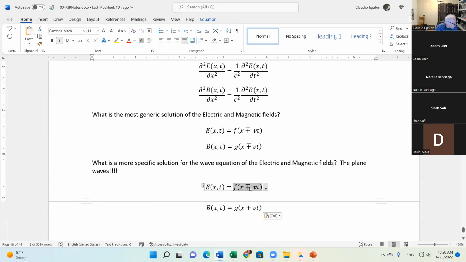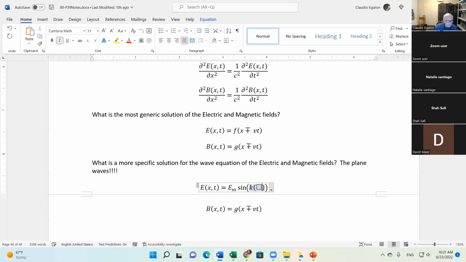A, the magnitude, right? Sine. This is a plane wave. Sine of what? K, that's the way I like to do it, right? X minus vt, forward propagating. Okay. The magnetic field will have a similar